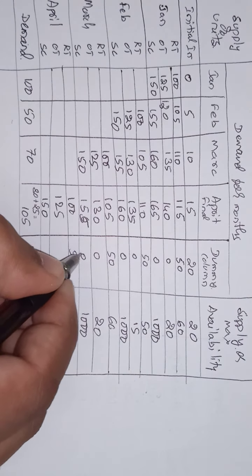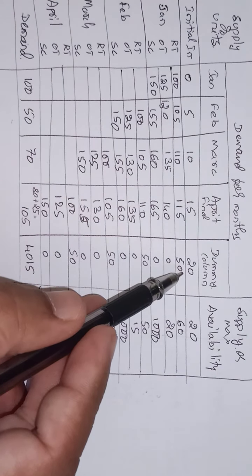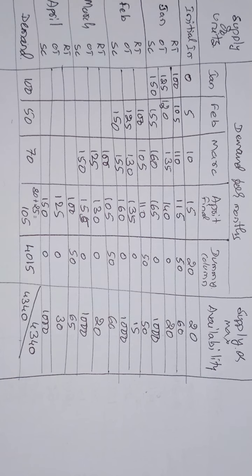So keep it in mind that if they mention unused RT, unused OT or unused SC in the problem statement, then in that case for that particular RT, OT, SC you have to put those values. Otherwise, instead of this 50 you put it as a 0, right? There is no problem. Now this is clear, how to prepare the table, right?